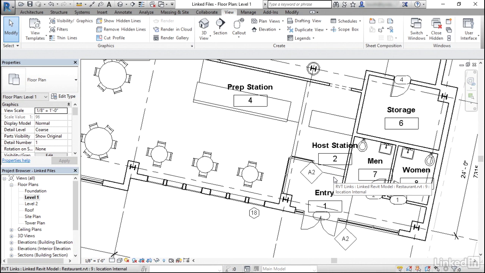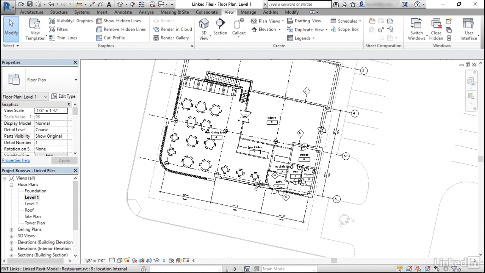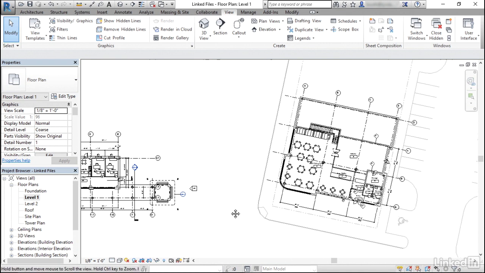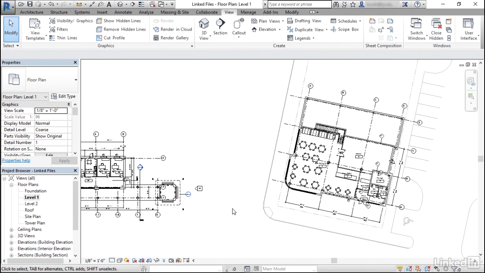So if you're satisfied with this result, it's as simple as choosing By Linked View, picking the appropriate view, and you're good to go. If you have a multi-story project, you just simply need to do that on each floor plan and tell each floor plan which level it should display from the linked file. And that can be really handy when you have two multiple story buildings linked together, but they don't share the